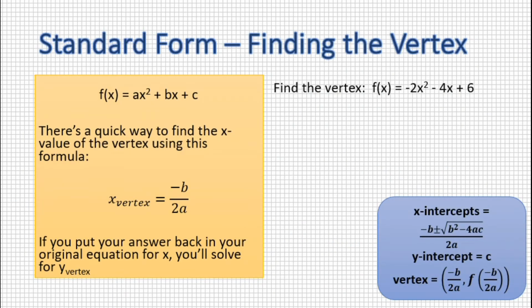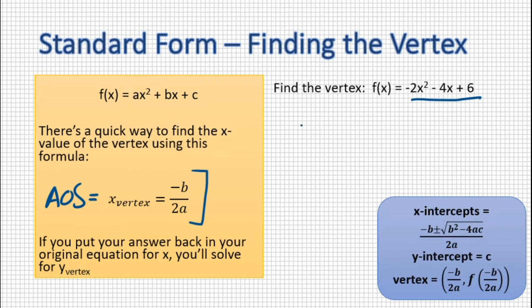If I want to find the vertex, I've found the roots. I can do what I did before. I changed it to factor form. I can add them together, divide by 2 to get the axis of symmetry, and then plug that into the equation. But there's a nice quick cheat for standard form. To find the axis of symmetry, or the x of the vertex, you can do negative b over 2a. So looking at this example here,